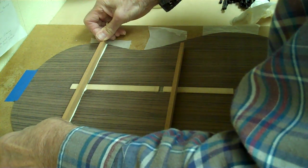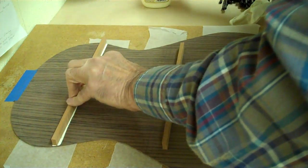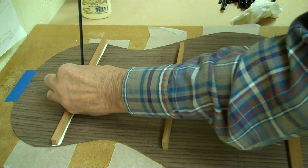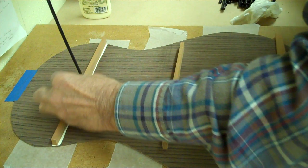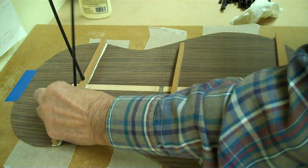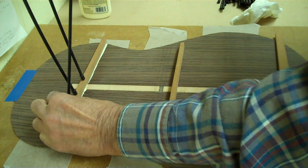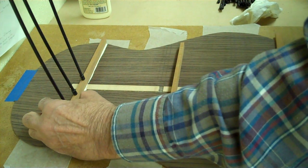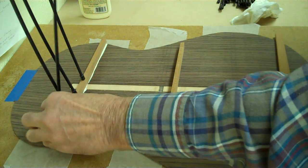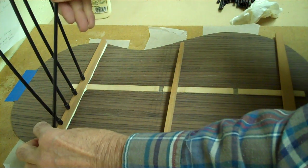You get a good seating of the glue and it starts to stick fairly quickly. And put my kite sticks on to hold it down to the form. It's the process I had to go through for all 22 guitar backs. This is a